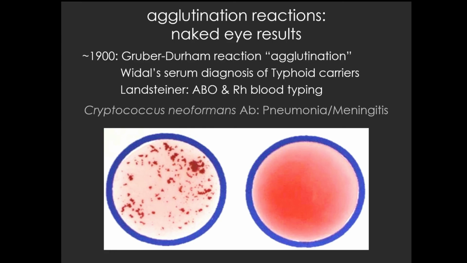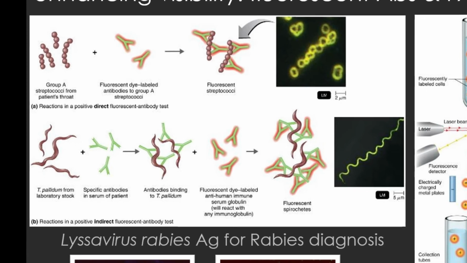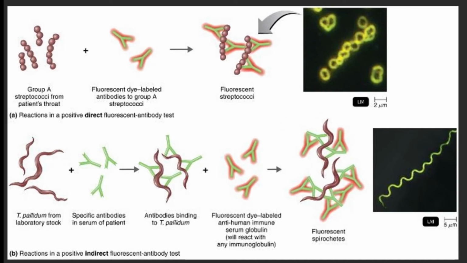a negative result. So if we look first at the left-hand side of the slide, you see two different situations. At the top, you have group A streptococci from a patient's throat, which would be collected by swabbing the back of the pharynx, just like you did to yourselves during your strep lab. You would actually smear that onto a microscope slide, and if you wanted to, you could look at it under